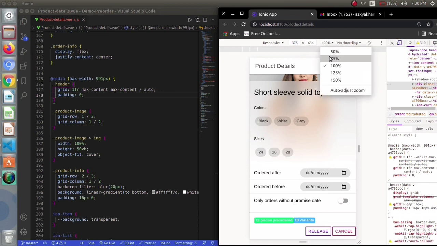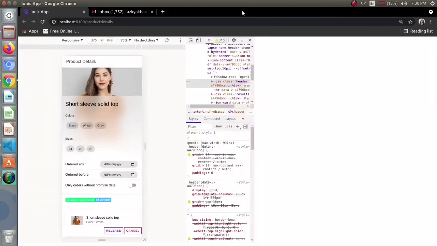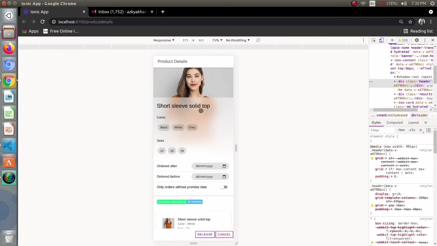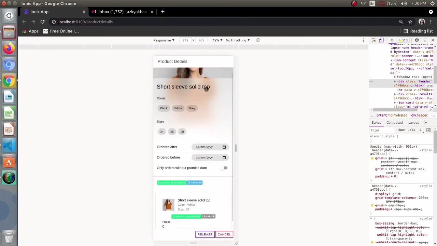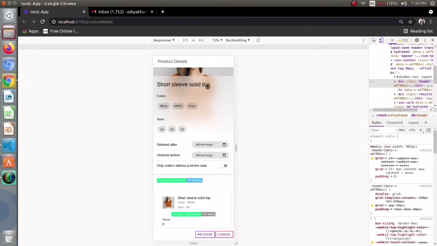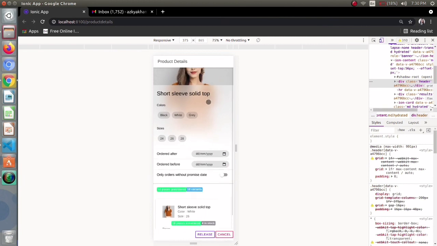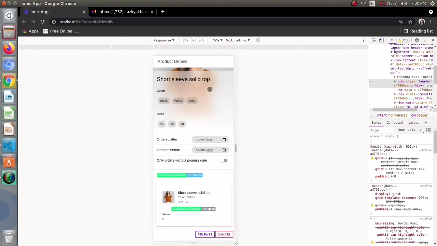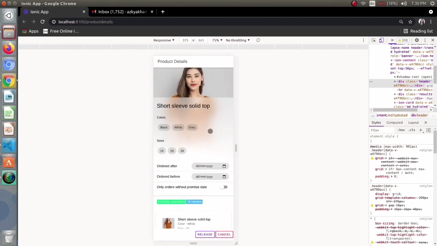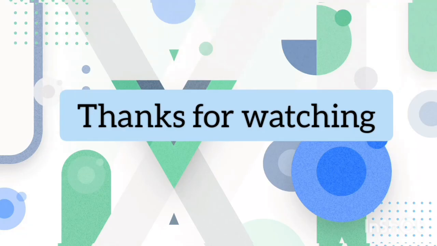So this is our final look of the page in the mobile version. This is the header part and below is the iron card portion. So in this way I created a responsive layout in CSS Grid and also used some linear gradient and blur effect over here. So hope you like